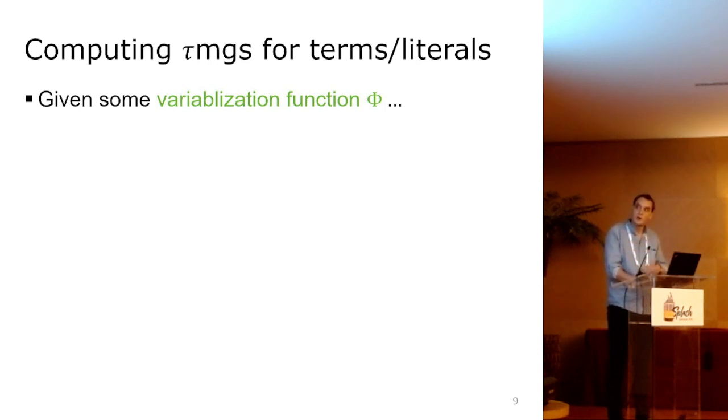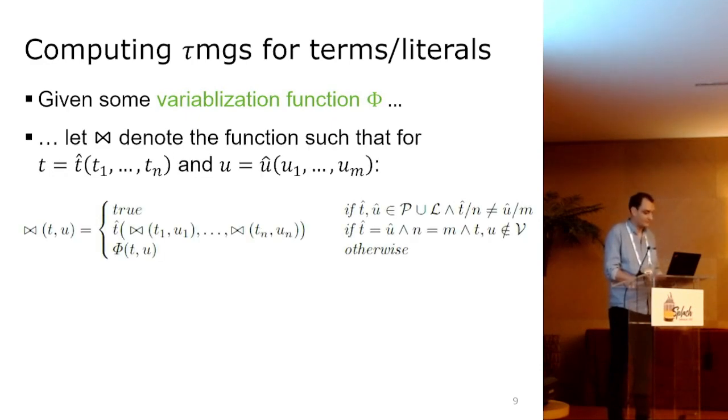This is simply a helper function that will help us define the rest of the things. Now we can define this anti-unification function that for two terms or literals, remember this could be literals, outputs either the empty atom true